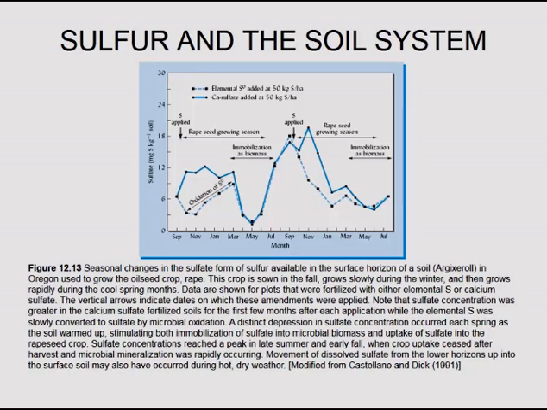This graph right here is showing kind of the life cycle of how sulfur might behave in the soil. So what you're looking at on this y-axis right here is the sulfate concentration in the soil, and we're tracking this over time. Okay, and what this is showing us is that right here we have a sulfur application, and they applied this as either elemental sulfur, which is this dashed line, or calcium sulfate, which is more of a soluble form of sulfur. And what happens is